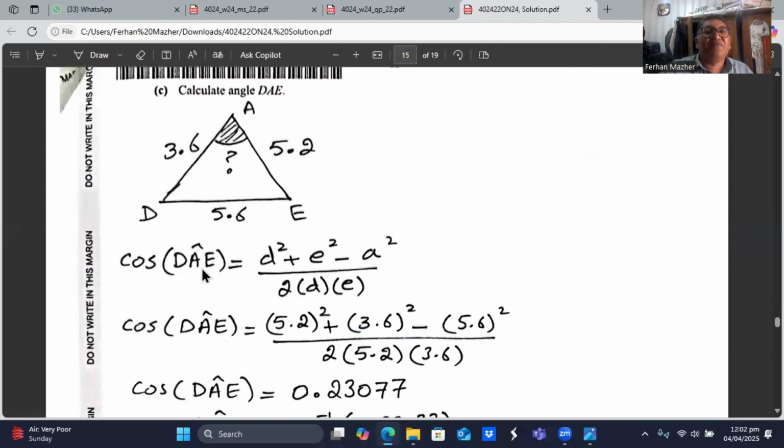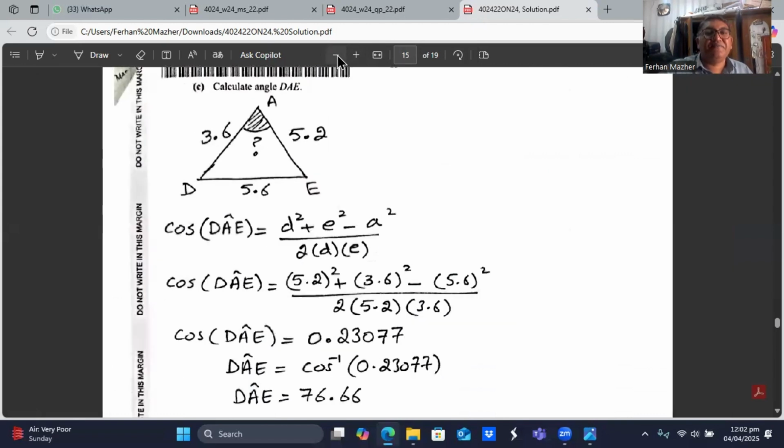So very easily I can find out. So this side is 3.6, this side is 5.2, this side is 5.6, and I want to find out this angle. So cos of DAE is equal to D square plus E square minus A square divided by 2DE. So the cos of DAE will be equal to 5.2 square plus 3.6 square minus 5.6 square, the whole thing divided by 2 into 5.2 into 3.6. And that is